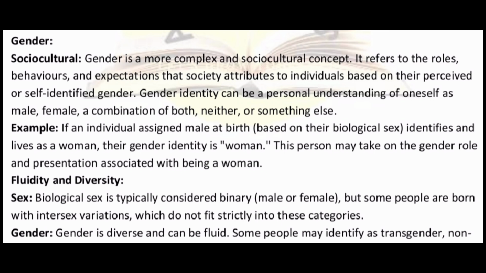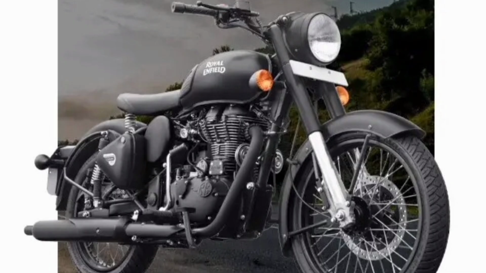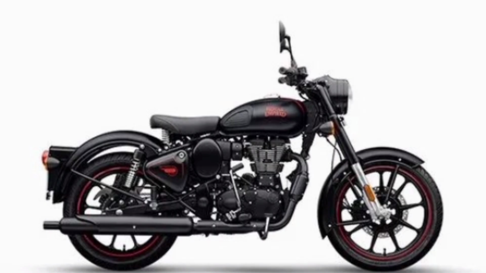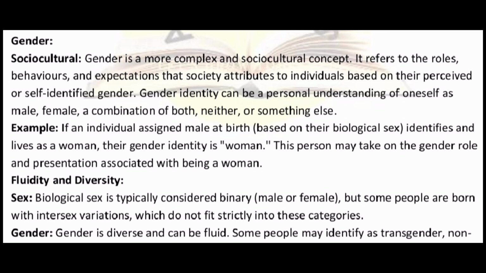So only his gender is changing, not his sex or his biological being. So this is the difference between the two. You should understand. You will see there are many girls who like to ride bikes, bullets, who like to roam around, who like to be self-independent, who like to earn for themselves, and many a times they even go ahead of males. And there are also certain boys or males who like to stay at home, take care of the baby, cook the food.